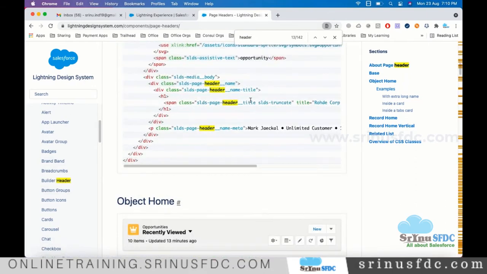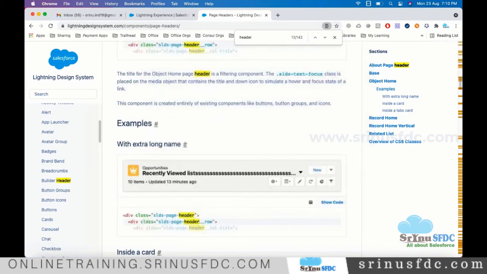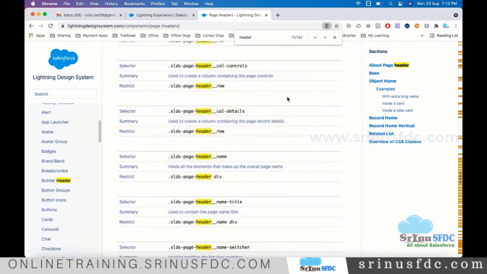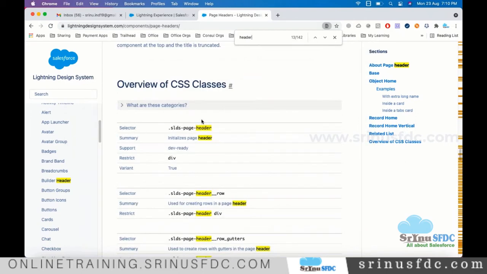So the header row is there, the column title is there, the name title is there. I don't want something like that. So maybe here, if you see, these are some of the styles.